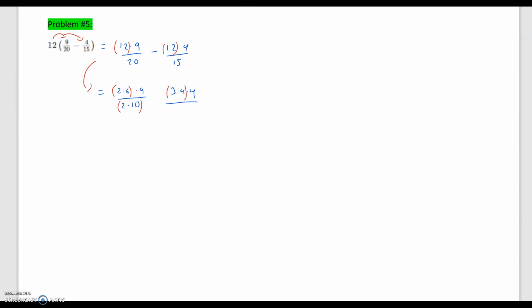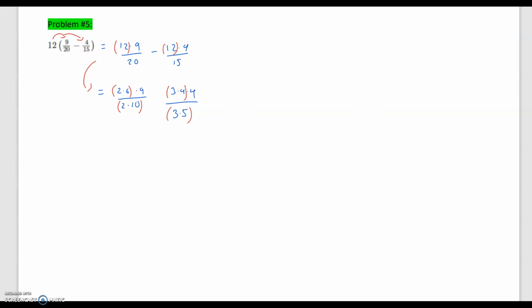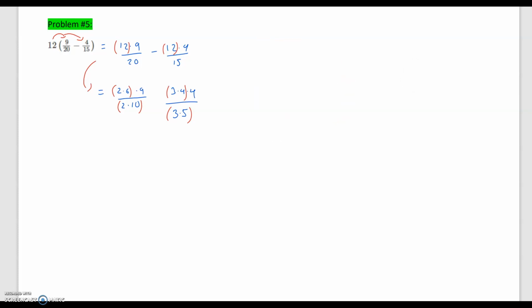And this is going to be over 3 times 5. Okay, at this point, let me start canceling common factors. We can cancel the 6. We can cancel the 3. And then there's another cancellation. So we could express the 6 as 3 times 2 times 9 over 2 times 5. And we can cancel another 2. So we're left with,